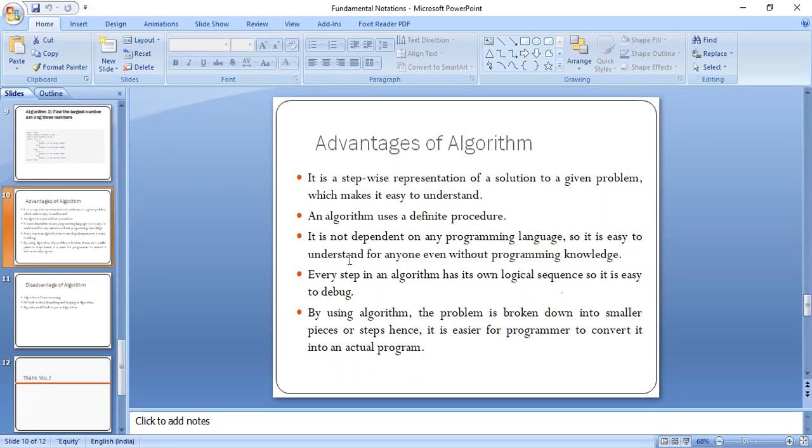Because we are not using programming syntaxes or hardcore code in an algorithm, it is quite understandable and readable. Every step in an algorithm has its own logical sequence, so it is easy to debug. We can trace and track the errors, or if a certain instruction is not producing the expected result, we can check and trace it.